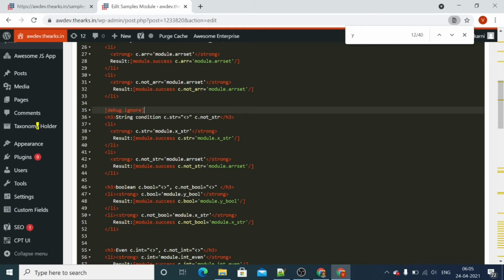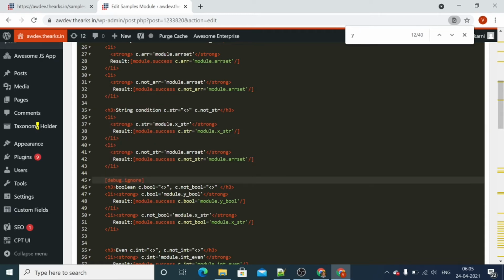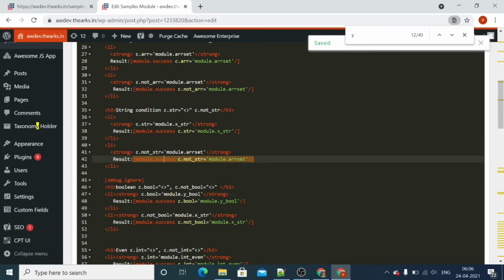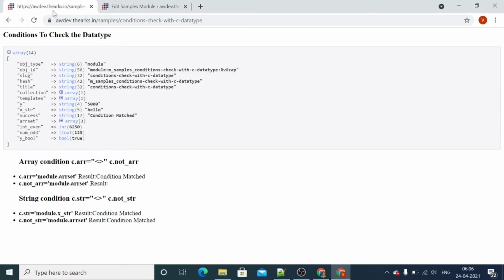Similarly, we can also check whether the given variable is of type string or not. We will get the output, condition matched, if the given variable is of type string. If this statement returns true, then this shortcode will execute. Now let's go back and check how we can manage the condition to check the string variable. c.str is basically used to check whether the variable is string or not.